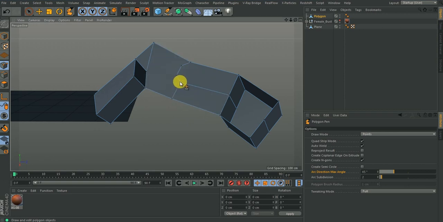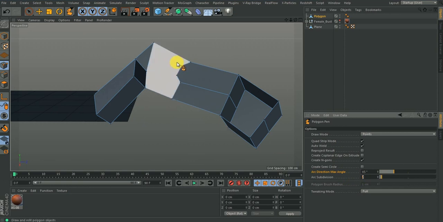Notice instead of having a curve, I'm having this point. The reason I have this point is because my arc subdivision is 2, so it's giving me 2 subdivisions. So let me do the same thing here and dynamically change the value of my subdivision. If I hold down control and shift, bring this here, and click my left mouse,